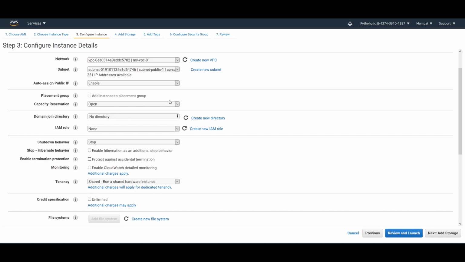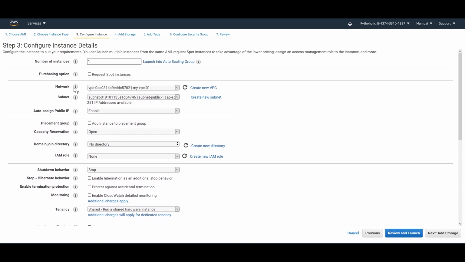And that's it. I don't think we need to do any other changes here. So you have the VPC, that is my VPC 01. You have the subnet, that is public one, and